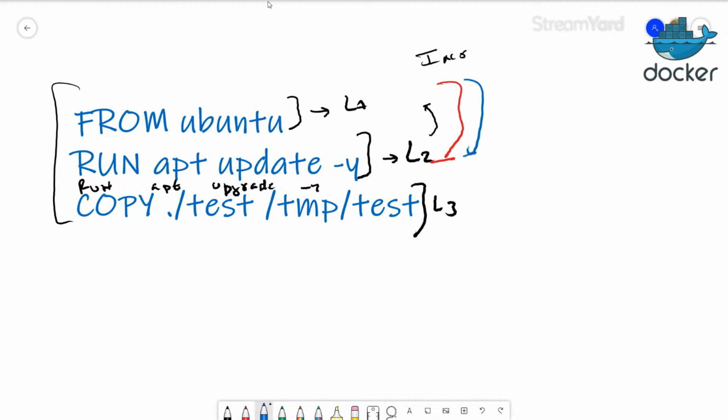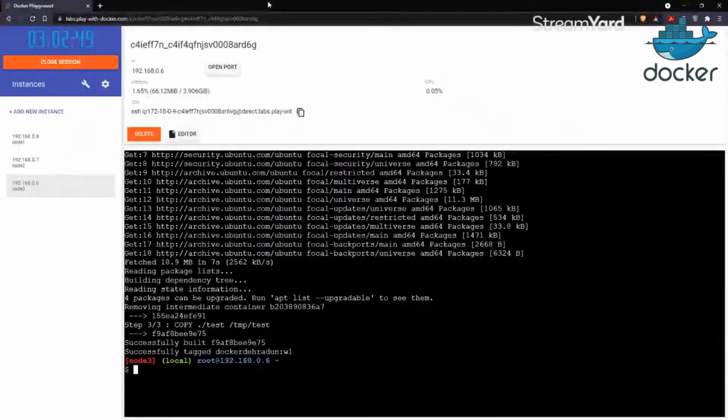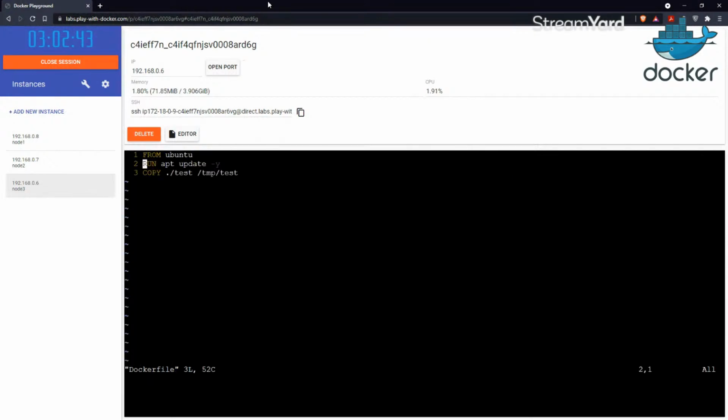If we modify something in the Dockerfile, all the things that come after it will be run again, while the earlier ones will be fetched from the cache memory. Let us see it while executing. So let me modify the Dockerfile, and I am just adding something like RUN apt